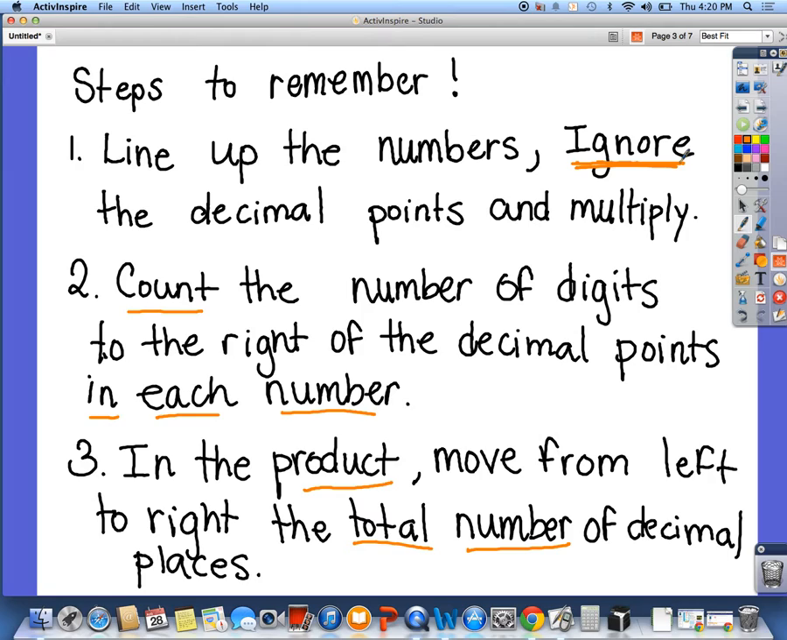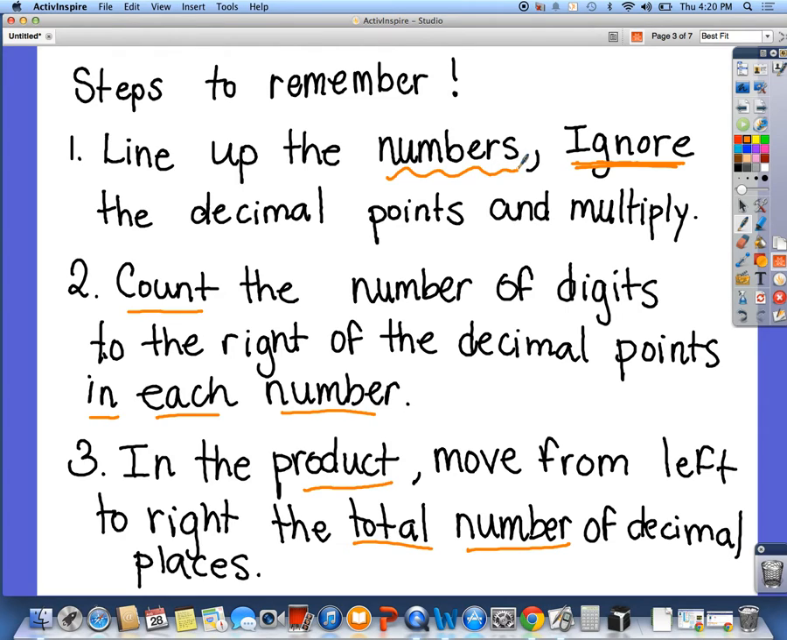So you should have done a quick check-in with yourself and gone, wow, this is different than adding and subtracting with decimals. Adding and subtracting, you always line up the decimal points. When we move on to multiplication and division now, we've got a new rule. We ignore the decimal points. We act like they're not there. You line up